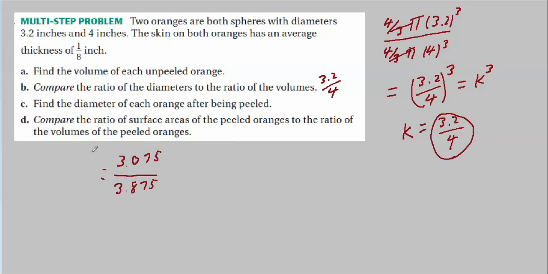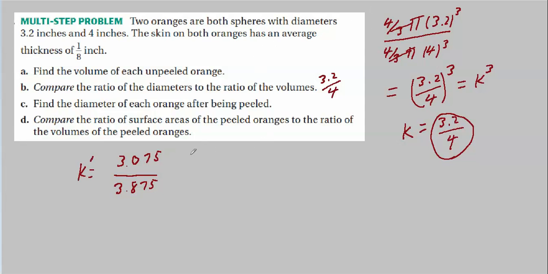That's the ratio of the two diameters after we've peeled them. Remember, subtracting 1/8 from each one is not going to maintain the same ratio. You multiply the top and the bottom by the same thing, and you maintain the same fraction. If you subtract the same number from the numerator and the denominator of a fraction, you don't end up with the same fraction. In other words, think of 2 over 3. Subtract 1 from the top and the bottom, you get 1 over 2. 2 over 3 and 1 over 2. Definitely not equal.